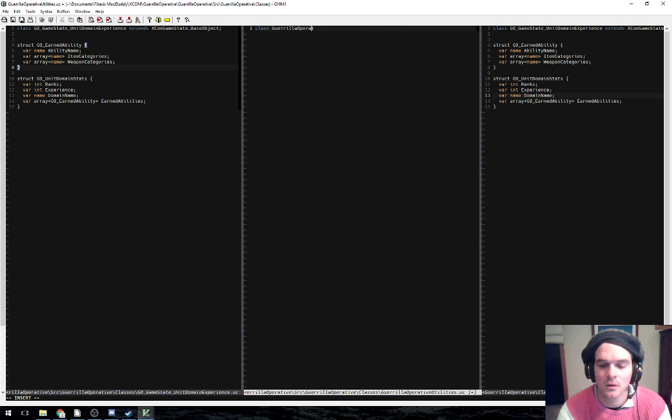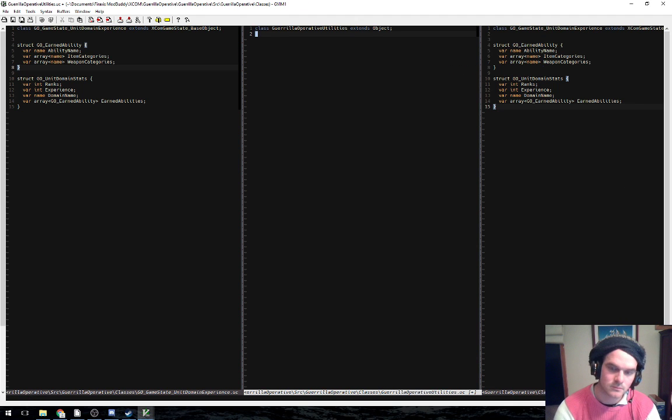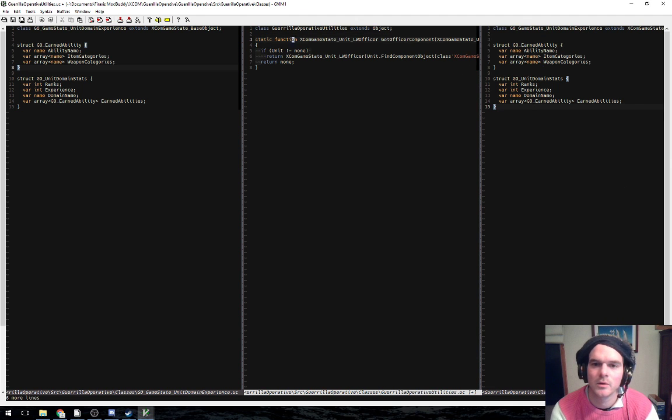So the way you attach extra data to stuff is by use of a component. So getting that component looks a little like this. So we want to get back one of those, and we want